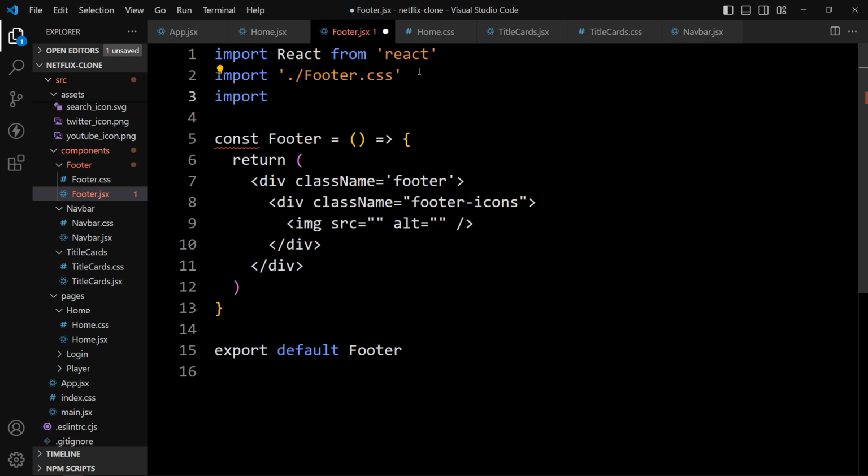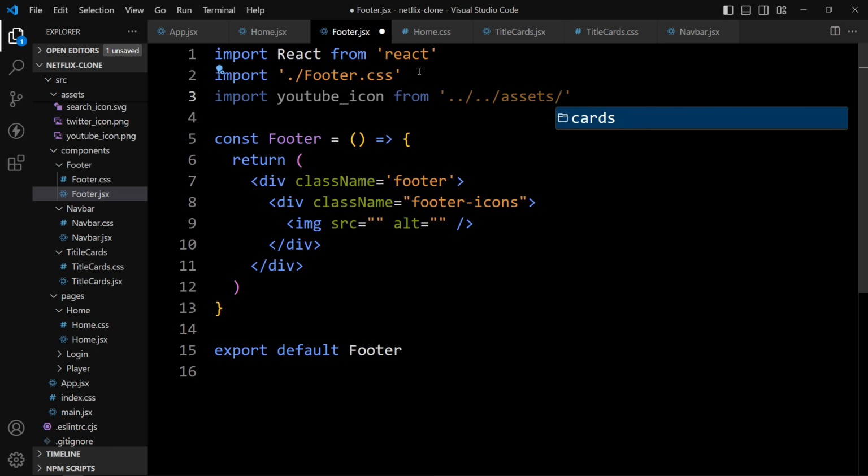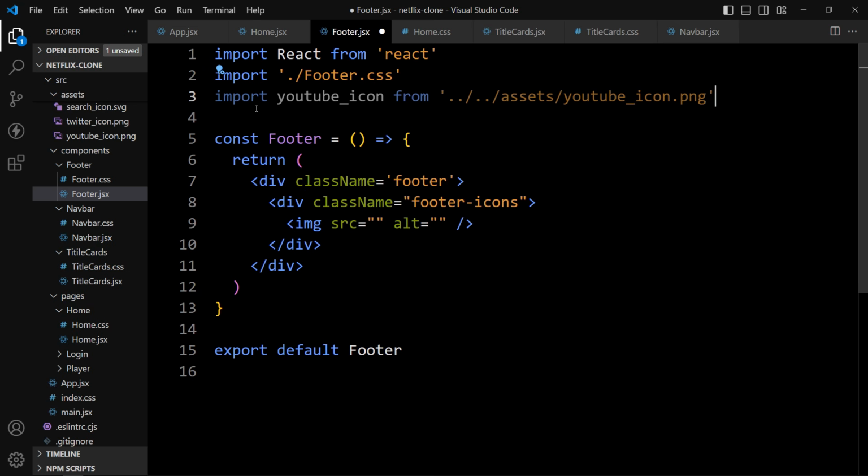Just add the import statement YouTube icon from assets folder, YouTube underscore icon dot png. Similarly, we will import the other social media icon also.